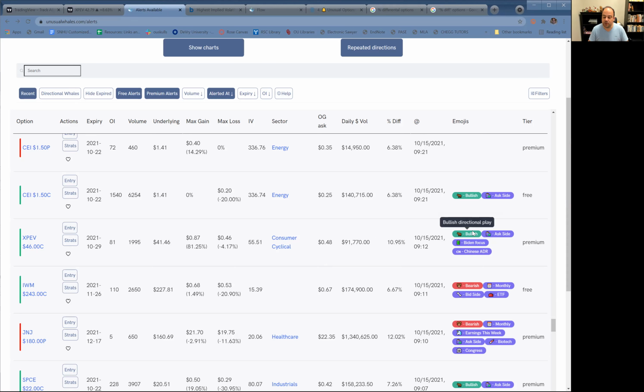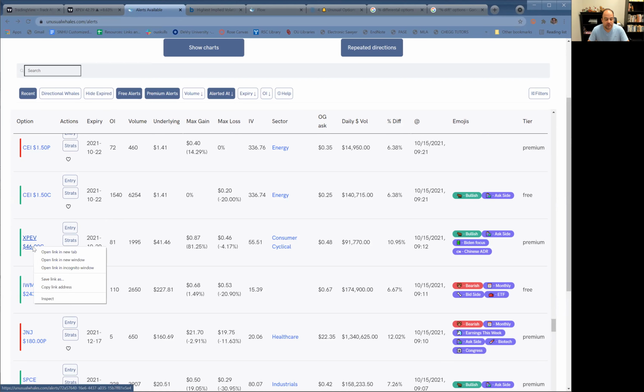You can see that it is bullish. It's on the ask side. So this means that this whale is buying these calls. It's a few weeks away on its expiration, and its implied volatility is within the range that I look for. So if I were to see this alert pop up and consider playing it intraday, I would then do the following. You click on the alert itself,